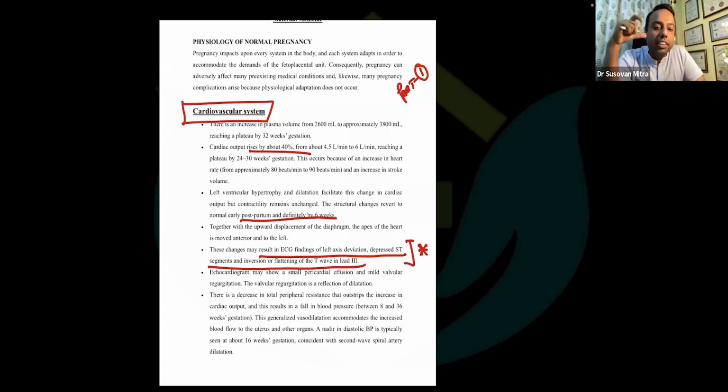I'll tell you why. The patient's cardiac output is increased because heart rate and stroke volume are increased. The patient also has vasodilatation because of the endothelial factor, nitric oxide synthase. That is why the patient is vasodilated and cardiac output is increased. But the capillary wedge pressure will not be increased because the systemic vascular resistance and pulmonary vascular resistance will be decreased. Because of this mismatch, they are prone to develop pulmonary edema, peripartum or postpartum cardiomyopathy.